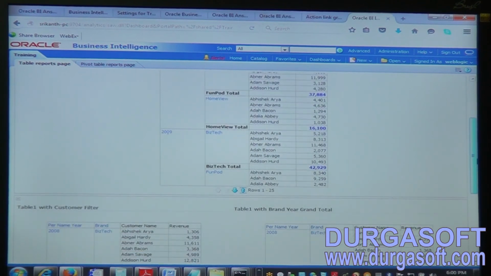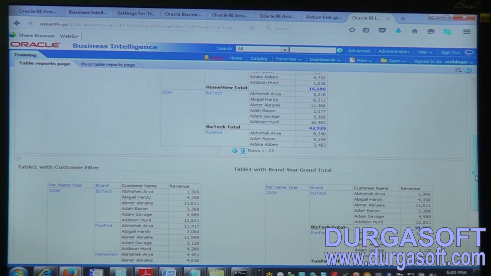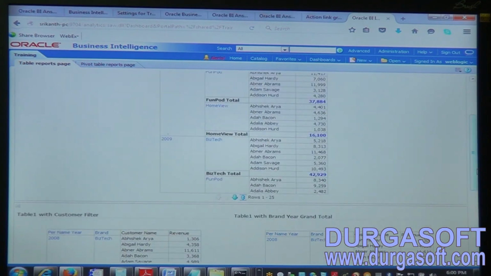the pivot table reports page. If the customer wants to see a result analysis in a table view, he will be selecting the table reports page. If the customer wants to view the reports in the pivot table reports page, he will be selecting the pivot table reports page. So like this, in our organization, let us assume it's Toyota. Toyota will have so many manufacturing units. Whenever a customer wants to log into the Toyota site and analyze which model,